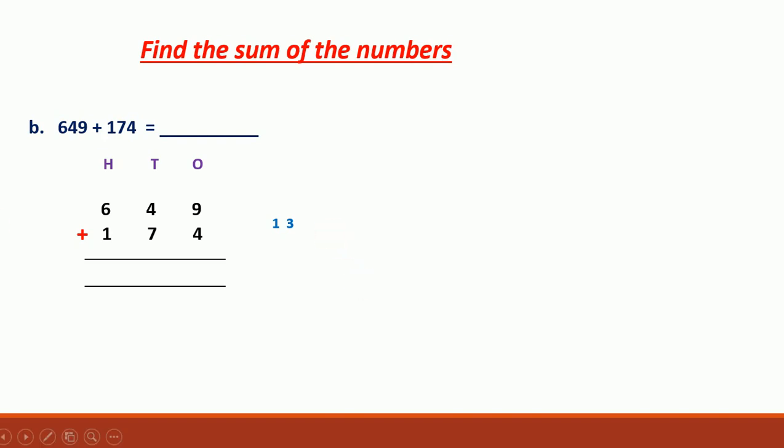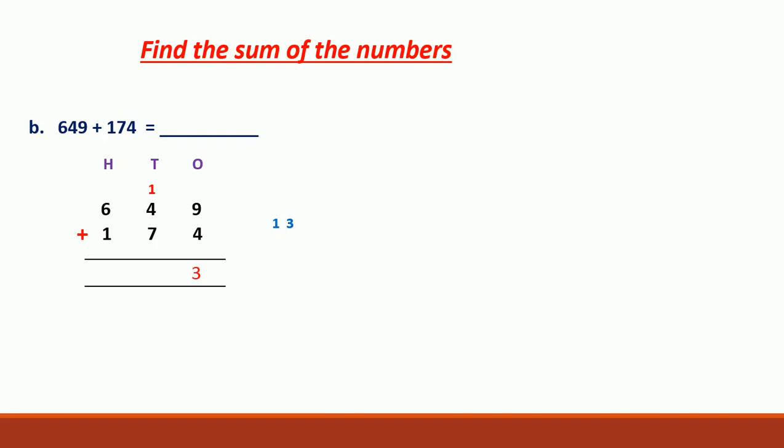So from here, in the 13, we have to write only the ones below the ones. In 13, we are having 1 ten in it, right? So this 1 ten we need to carry over to the tens place. Remember, when we are adding the ones place, if you get an answer more than 9, that is a 2-digit number, only the ones you need to write down. Then the number of tens, how many are there, that needs to be carried over to the tens place.